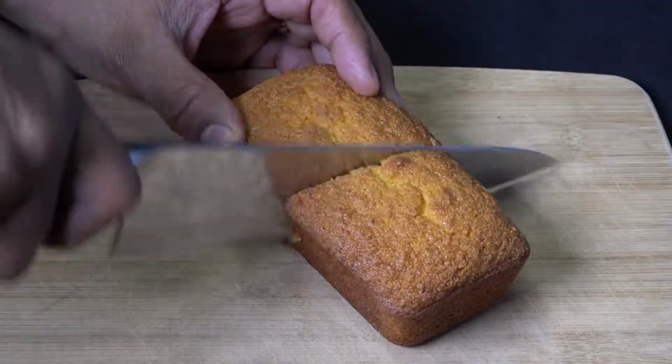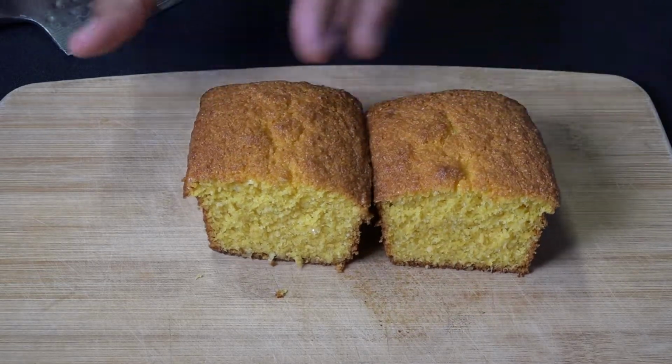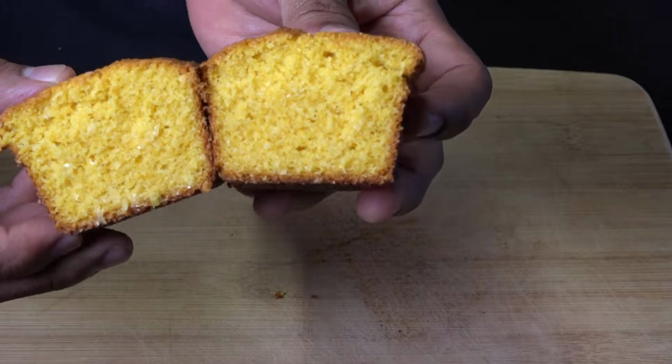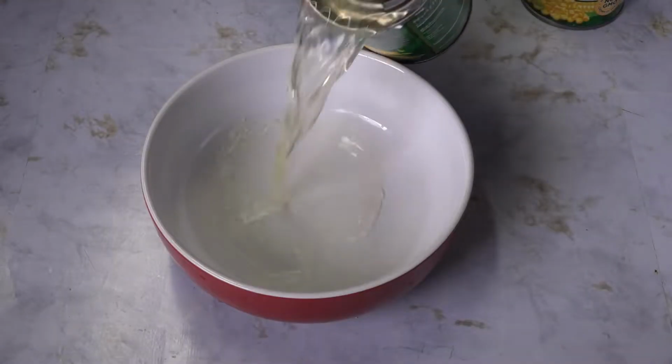Today I'm gonna show you how to make cornbread in a different way. This is something delicious that you can try to make at home. You can see here a cornbread with cheese. For this recipe you're gonna need